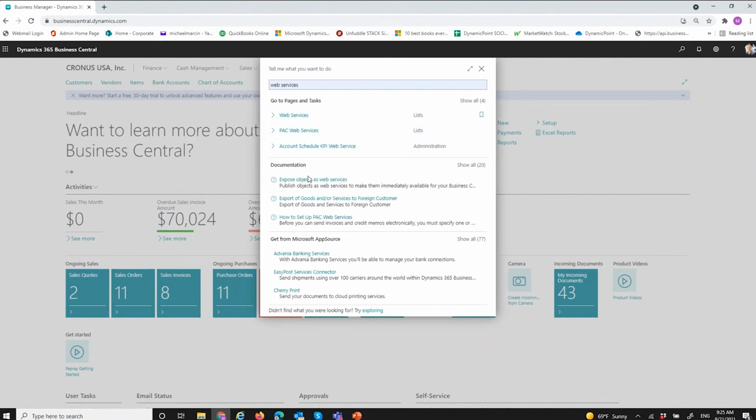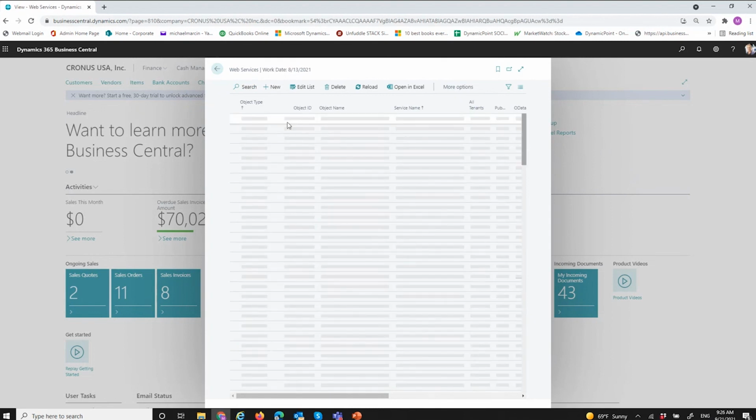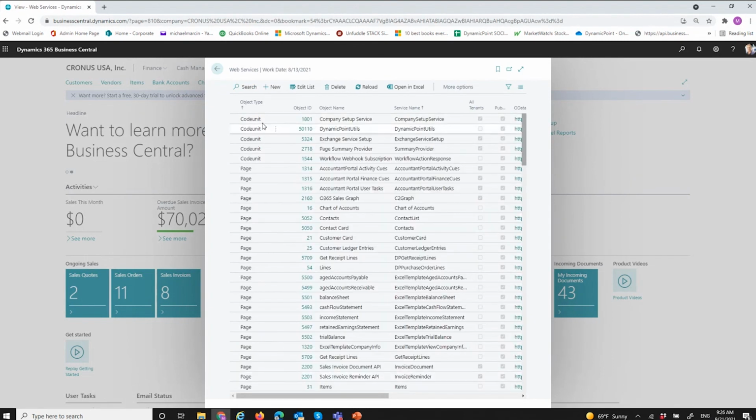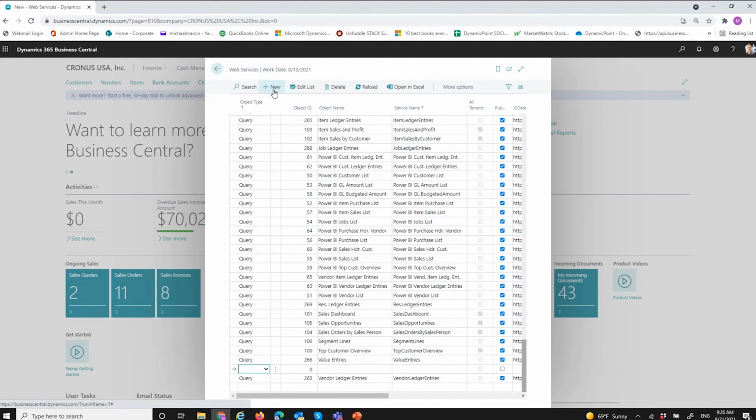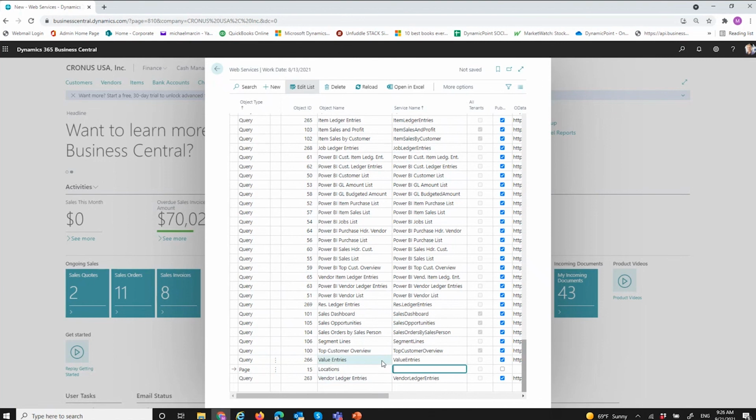I haven't any special license or didn't do an install or anything like that. But what this is, is a list of all of the pages, and I could go ahead and create new ones. So I could go ahead here and say I want to expose a page. And whatever page I pick, I'll just pick, I don't know, locations, sure. Give it a name.